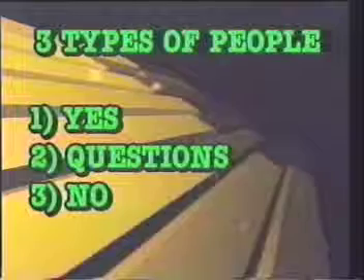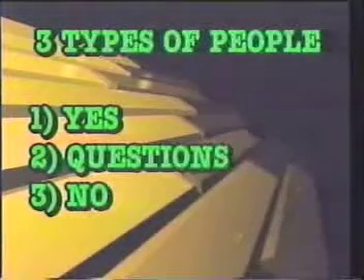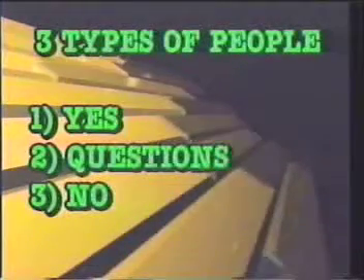All right? Now, there's 3 types of people that you'll run into when you're getting customers. Guess what they are? Number 1, people who say yes. Number 2, people who ask questions. Number 3, people who say no. It's the same people. I don't care if you're getting customers or you're getting representatives. It's the same 3 types of people. Don't try to change a no into a yes now. Remember, amateurs try to convince, professionals sort.